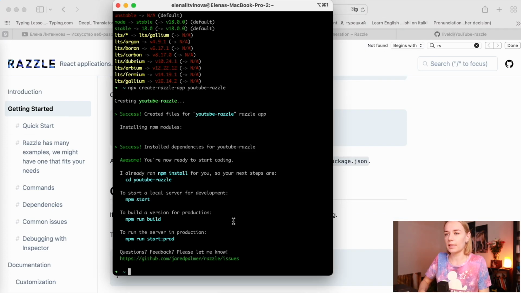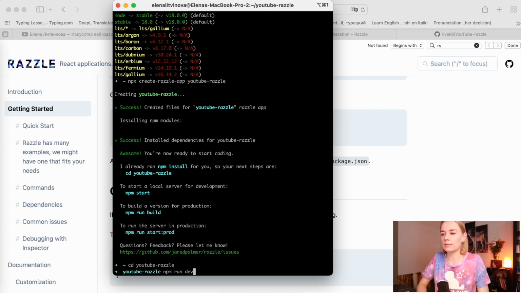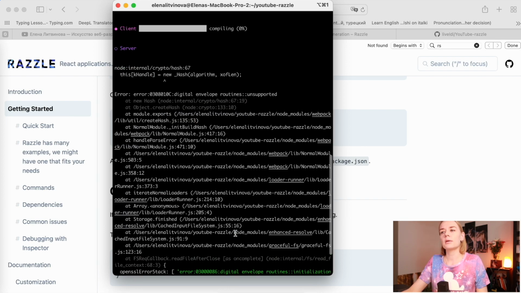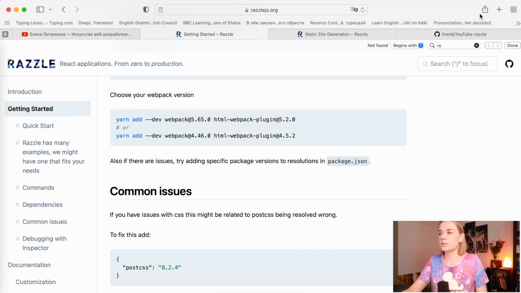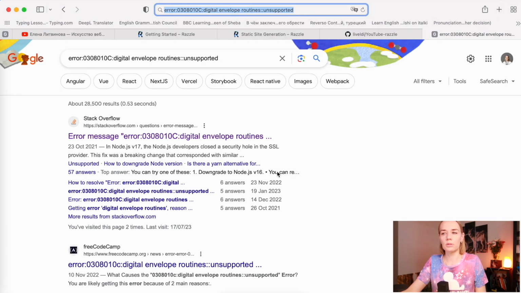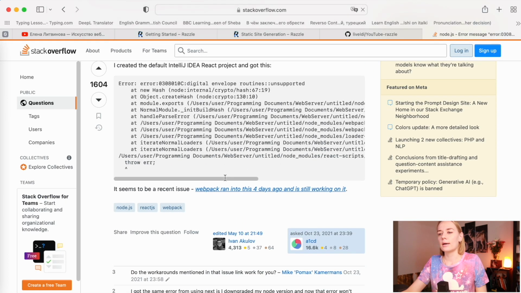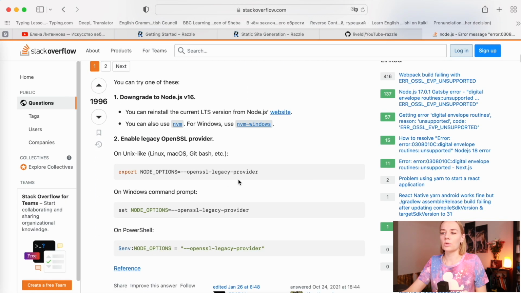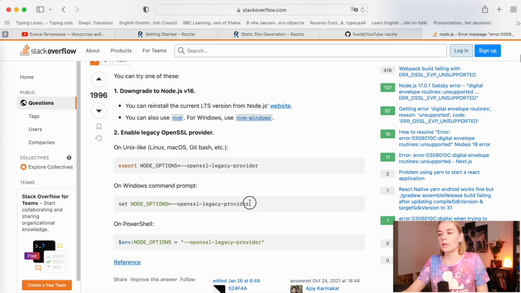So my application is started. We go to YouTube Razzle, npm run, npm start. And I start and I have my first problem, and of course I didn't find this problem in the documentation. Because of that, I go into Google and check, and I found that this is because of SSL, and because of it I just added this